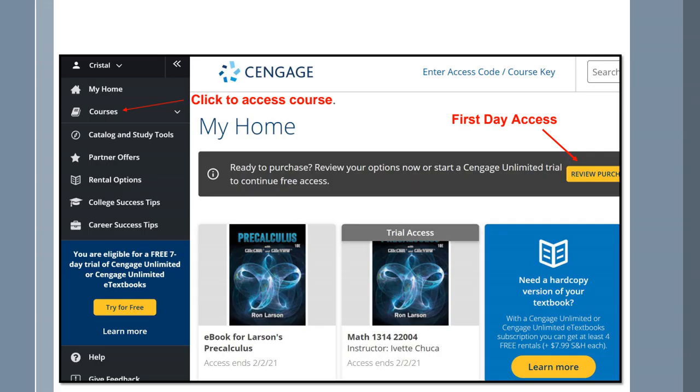One of the things we want to go over with you is how to navigate your Cengage WebAssign account. The first thing you'll see is that on your home page you'll have your courses, and here it's going to list all the courses. Some of you may also be taking a biology class or another science class that's also using WebAssign, so your courses will appear right under your courses.